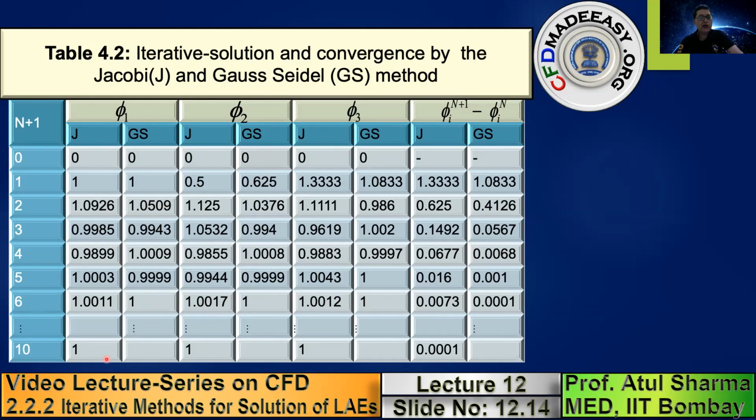So the difference in the procedure between Gauss-Seidel and Jacobi is such that Gauss-Seidel leads to faster convergence. In this problem, the solution has converged after 6 iterations, whereas Jacobi iteration took 10 iterations for convergence. You can also see the way the error is reducing. For Jacobi iteration it goes from 1.3 to 0.6 to 1.14 and so on. For Gauss-Seidel, you can see that convergence is monotonic. The error is monotonically reducing.